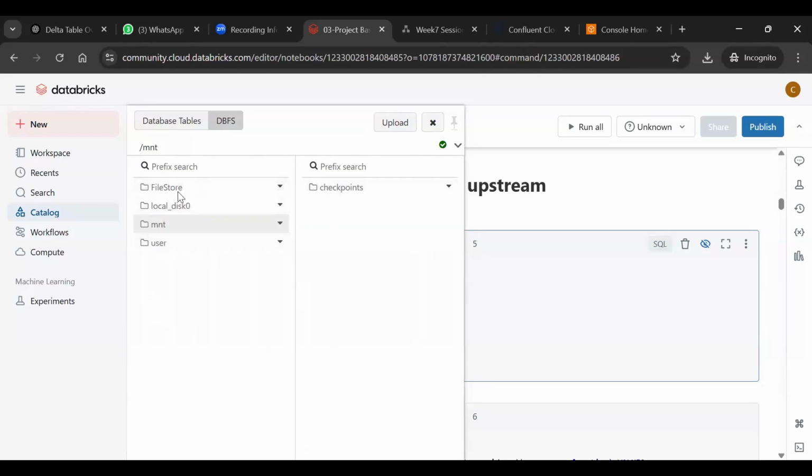And in the file store, I have just uploaded some files, and these are the file systems, guys, that I was talking about, right? Whenever you are creating internal tables and all, they would come under the warehouse directory, right? And if you delete the table, both the data and the files over here would get deleted, right? So I have pretty much empty things over here. Now, guys, let me